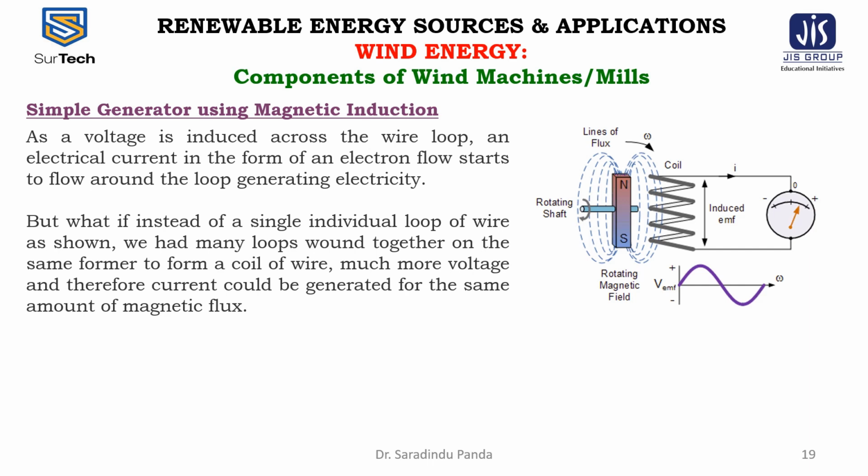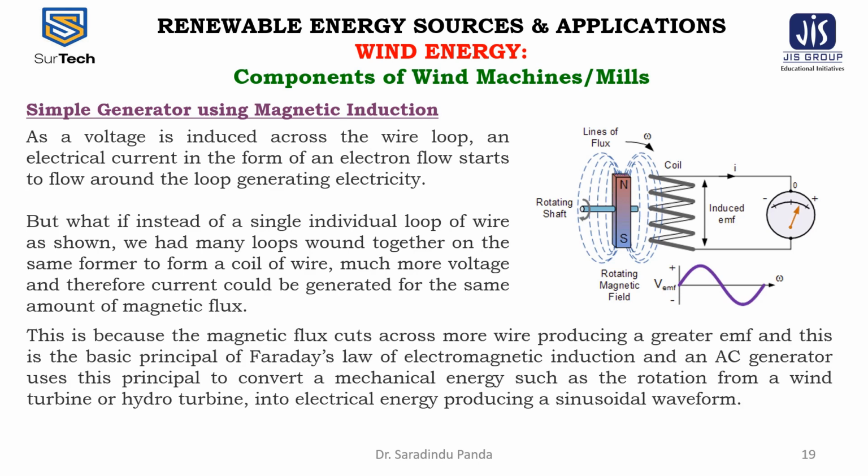But what if instead of a single individual loop of wire as shown, we had many loops wound together on the same former to form a coil of wire? Much more voltage and therefore current could be generated for the same amount of magnetic flux. This is because the magnetic flux cuts across more wire, producing a greater EMF, and this is the basic principle